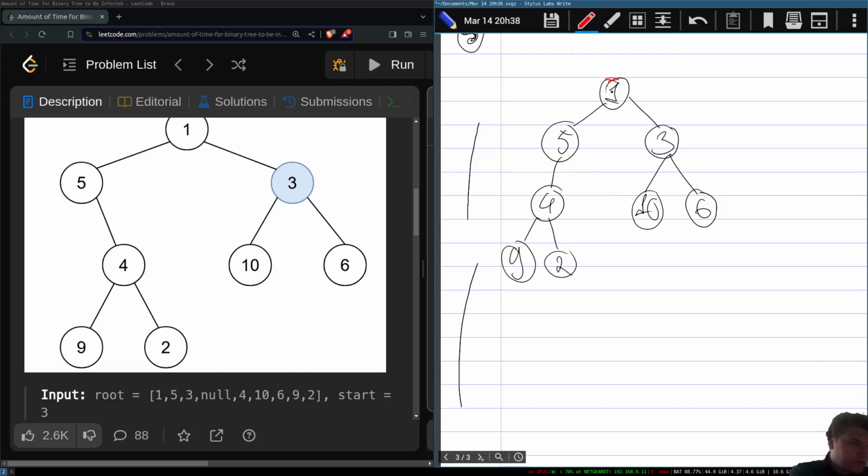So we go DFS from left, we go right, we go left, and I go here to the null, and I return what here? I return pair with,